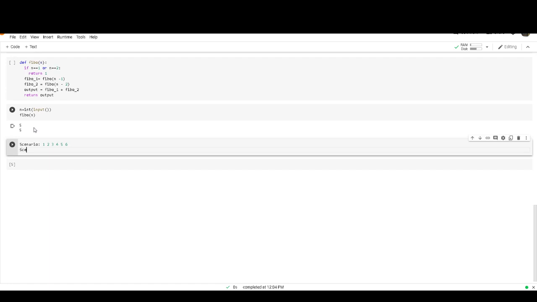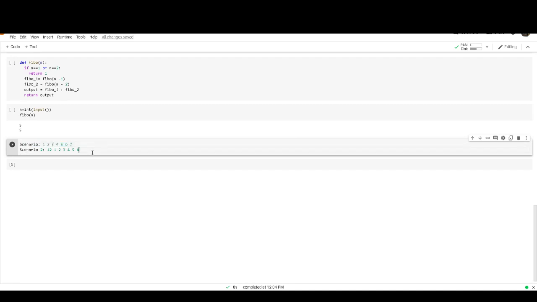Another scenario is 12, 1, 2, 3, 4, 5, 6, and so on. First we need to consider the base case. What is the base case here? First we need to know the length of the list.